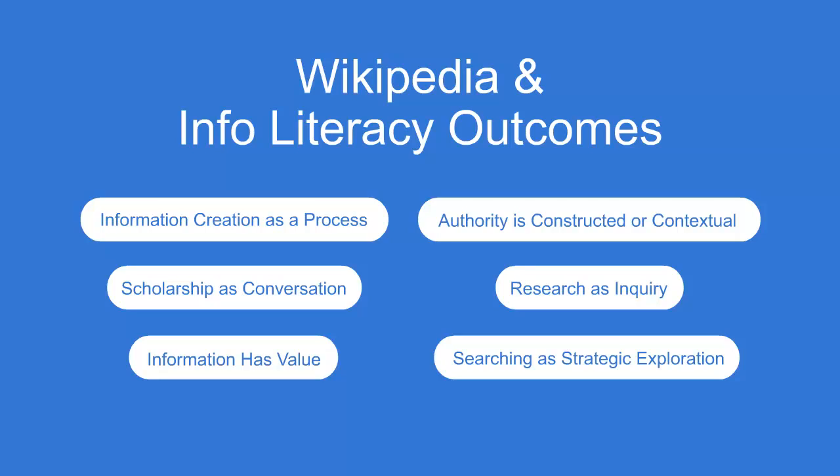There is a strategy to every search, or there should be. To learn isn't to look at all things all the time. It's about making decisions about what you find and where that will lead you next. It's an iterative process of exploration, and the more information literate you are, the more you can develop as a searcher and make economical decisions. Wikipedia's curation of references is one way it sets users on a path and how it models that economy and strategy.